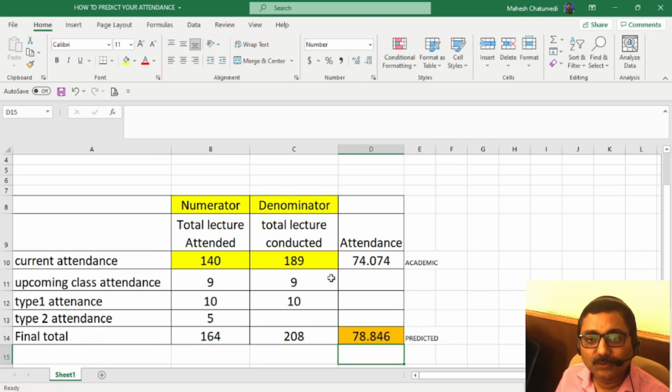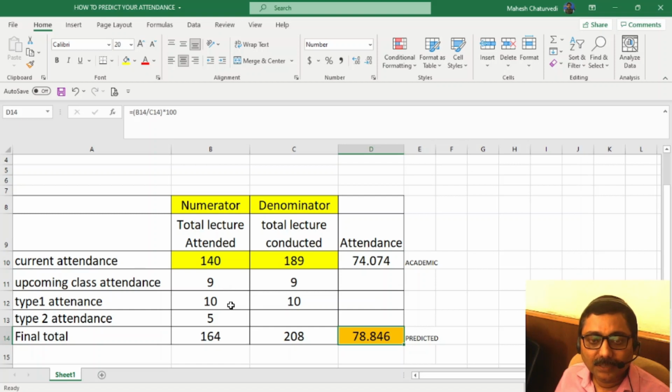Simply, this is a very good formula, or you can say a very good model to predict your attendance. What if I get type 1 attendance this much? What if I get type 2 attendance? Then what will be my final attendance? That is called overall attendance, and this will be the base for attendance marks, right?